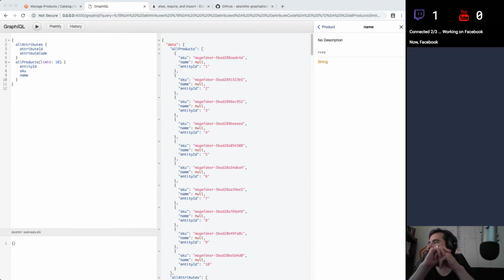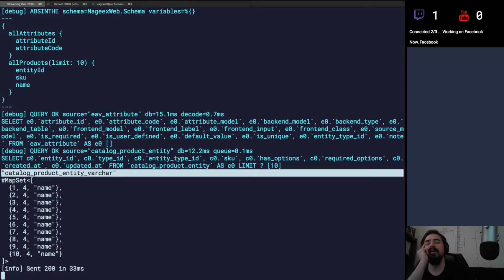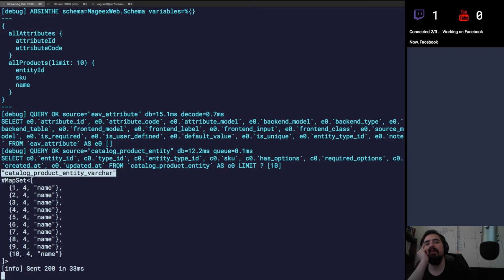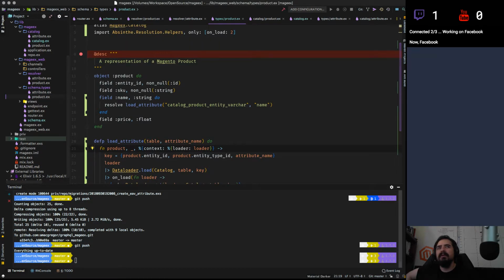So here's what I'm getting back on the query function. I get a map set. So for the first thing that I get is a table name that I'm going to be working with. So in this case, it's going to be varchar. And then from the product set, like all the products that are returned, I'm getting the product ID, the entity type ID, and the attribute name that we're requesting as a map set. So if I go back and just for argument's sake, let's go back to our product and